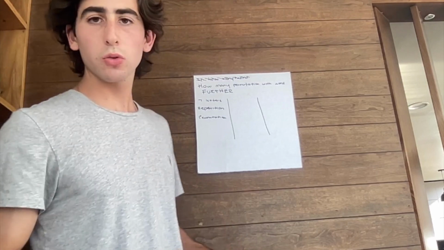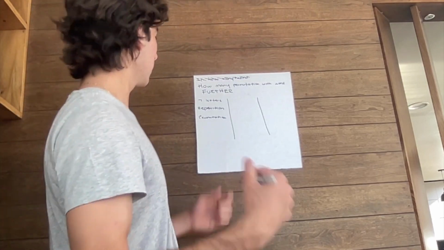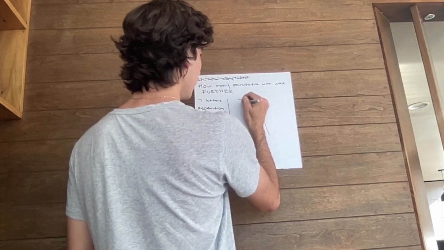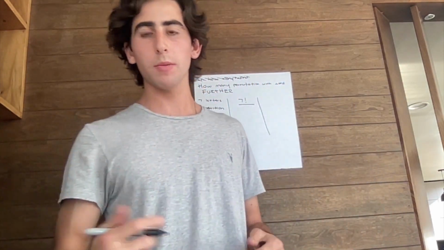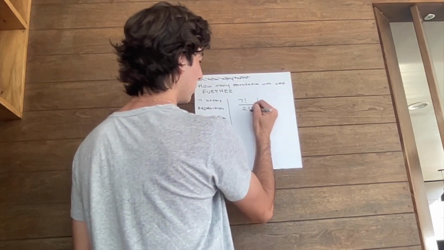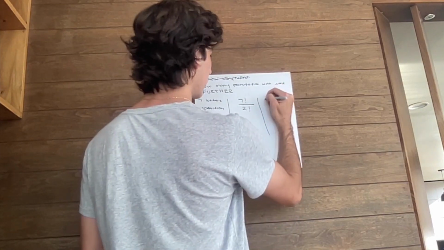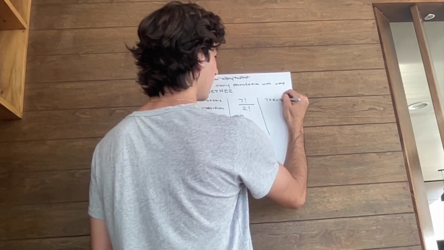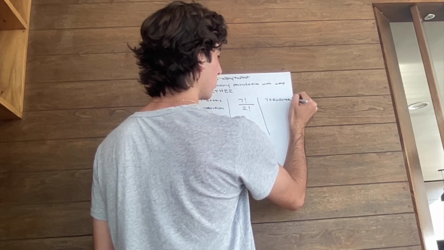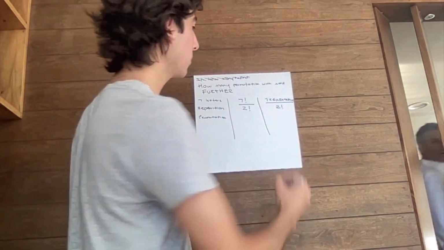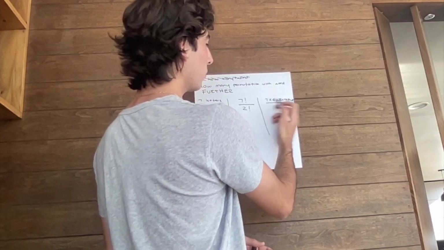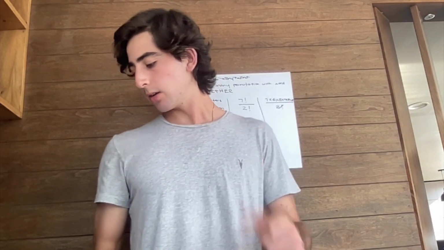Now we're gonna use the formula for permutations with repetition, and this one is 7 factorial, and since there's 2 repetitions, since the R repeats 2 times, there's a 2 factorial in the bottom. Now we can solve 7 times 6 times 5 times 4 times 3 times 2 times 2 factorial. So now we can cancel all the 2's, and if you multiply all these numbers together, you get a final answer of